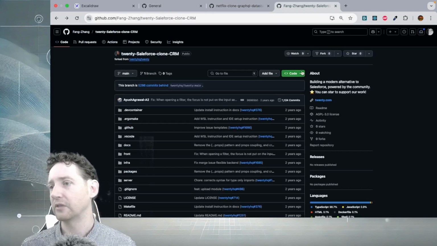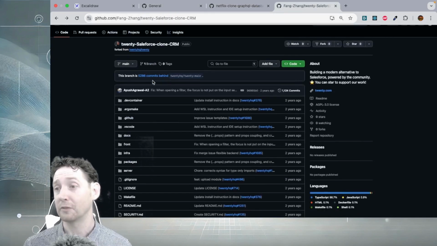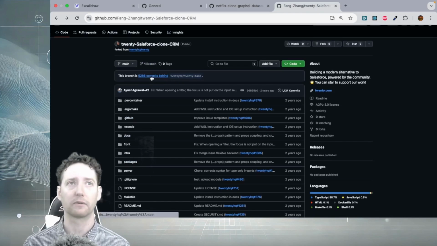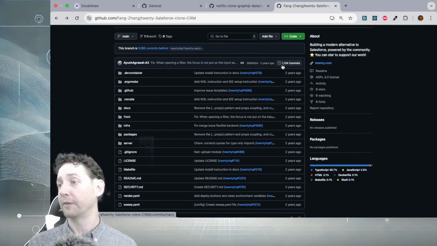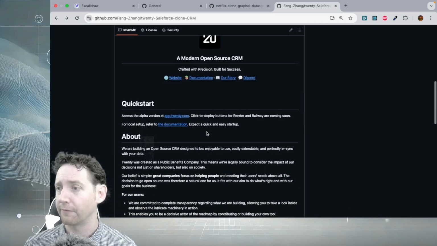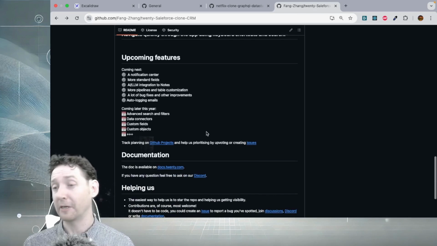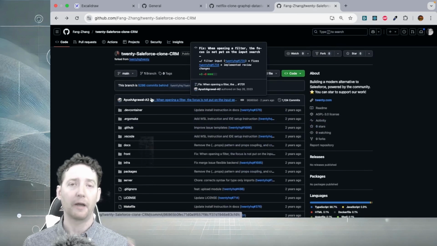And so here's an example of one that I'm interested in because it's a customer relations management application, which is very common in large businesses. But we can see that we have 1,124 commits on this. It looks like people have been working on it for a while. It seems pretty comprehensive. And this would be a lot of work if I were going to build a CRM on my own. Even with the assistance of AI or vibe coding, this would be a very big project.